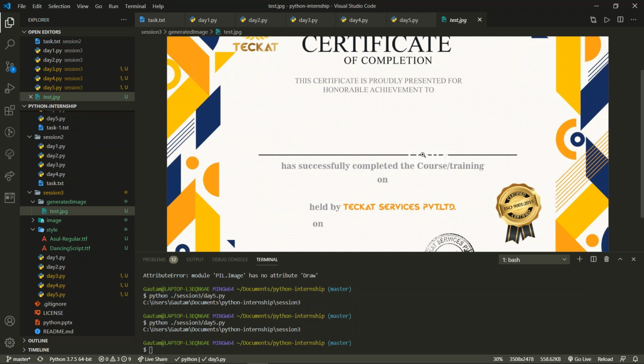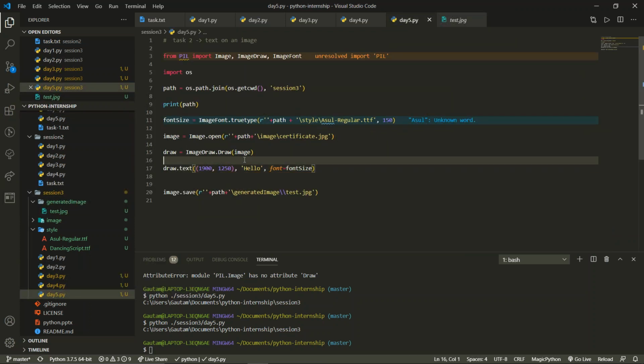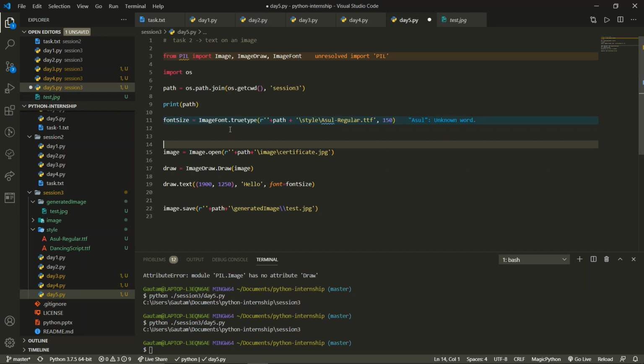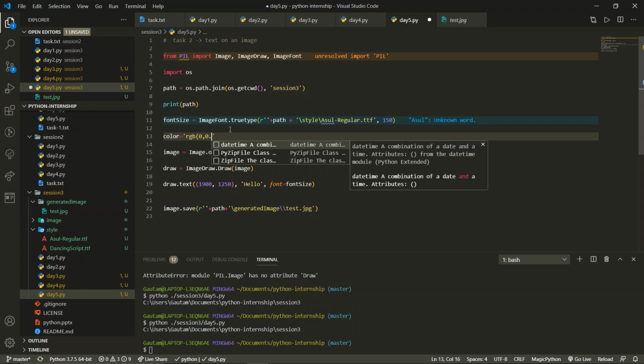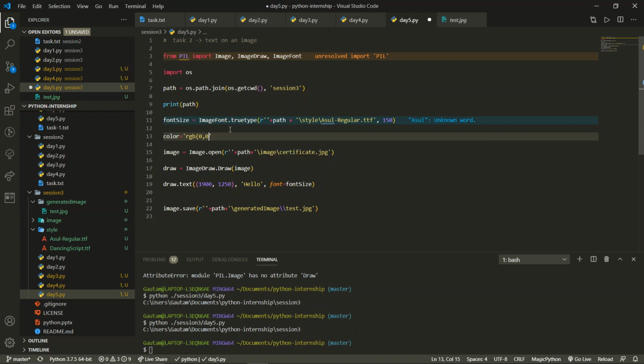So what happened, there is no color set by default. The color is set to white by default. So we need to change the color. So let us take another variable, color, and inside that we need to put an RGB color actually. So for putting an RGB color, we're going to do something like this, RGB, and inside the parenthesis, 000 is for black. So let us take the black only, 000, and then the parenthesis closed. That's it. So this is how RGB is done.